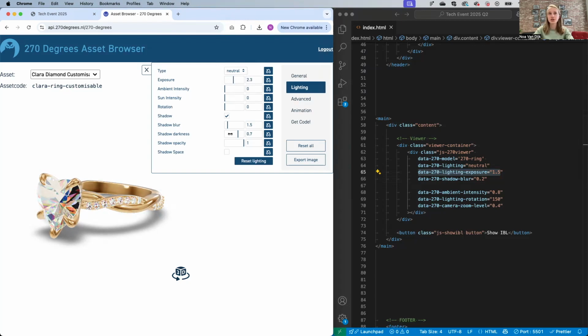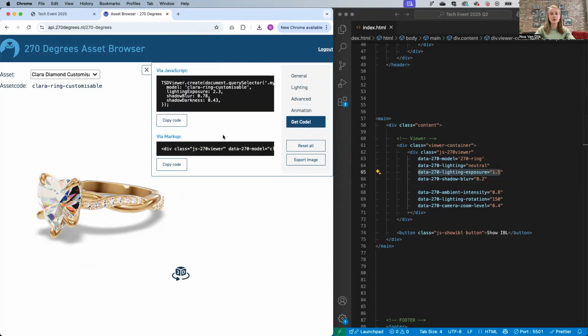And the same with the shadow. Before I had to blur and I had to think maybe this looks good, but right here I can just update it. You can really go from no blur to a blur, but I also can update the darkness. So if I want it to be a bit lighter, just like that. Another nice thing about our self-service tool is that you can now just copy your code and